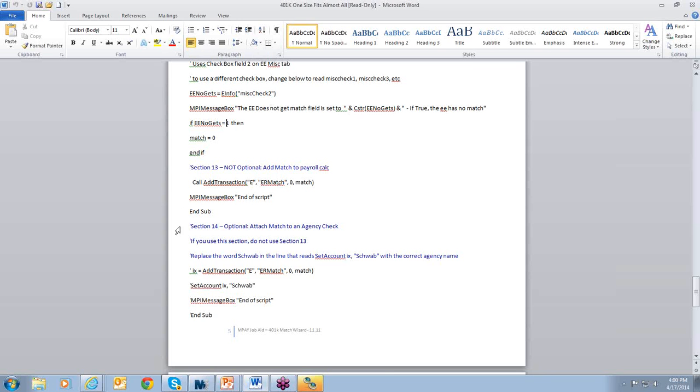If I have an agency, the exact same logic applies, except that I do this little trick to allow it to insert the agency value. So I'm not going to get into all the gory details of this. The intention, again, is to have something that you can very easily work with. So if you have an agency, just be aware of what the agency name is from the agency check tab on the company and type the code in right here. And that is the end of the ball game as far as that.